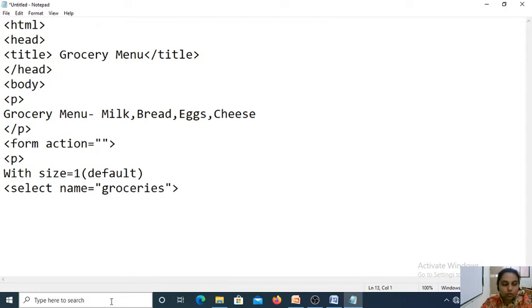Okay, so now the menu items are going to be specified with the option tag. So I am writing it as milk and then I close the option tag. The second menu item is going to be bread.